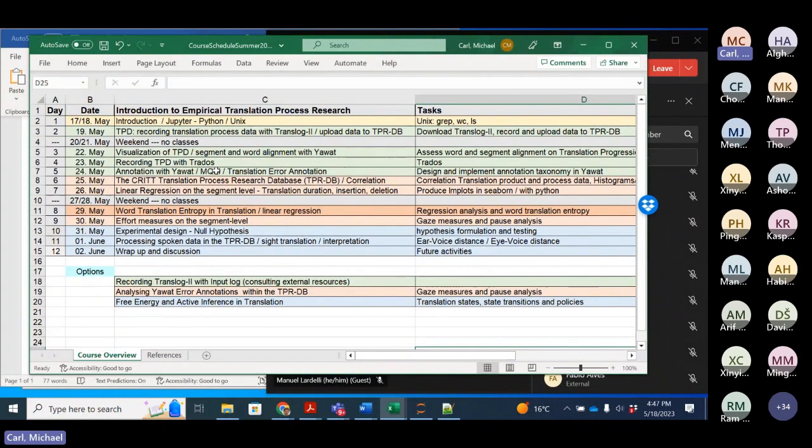Okay, so this is more or less all about tools and how we acquire data, meaning the process data itself: how we acquire the data from a translator when they are working, and how we can acquire additional annotations of the data, for instance, segment the text and align the segments between the source and the target translations, and annotate errors or whatever else you would like to annotate.